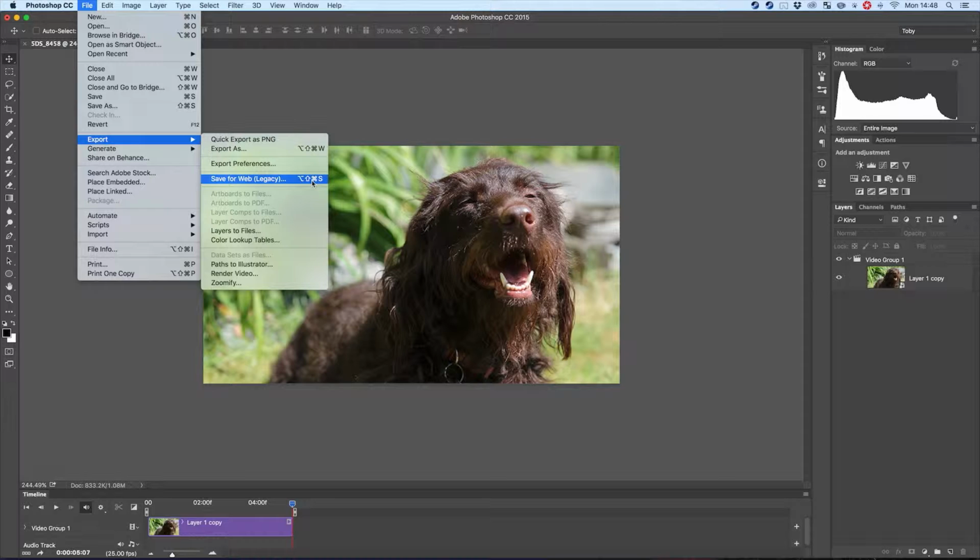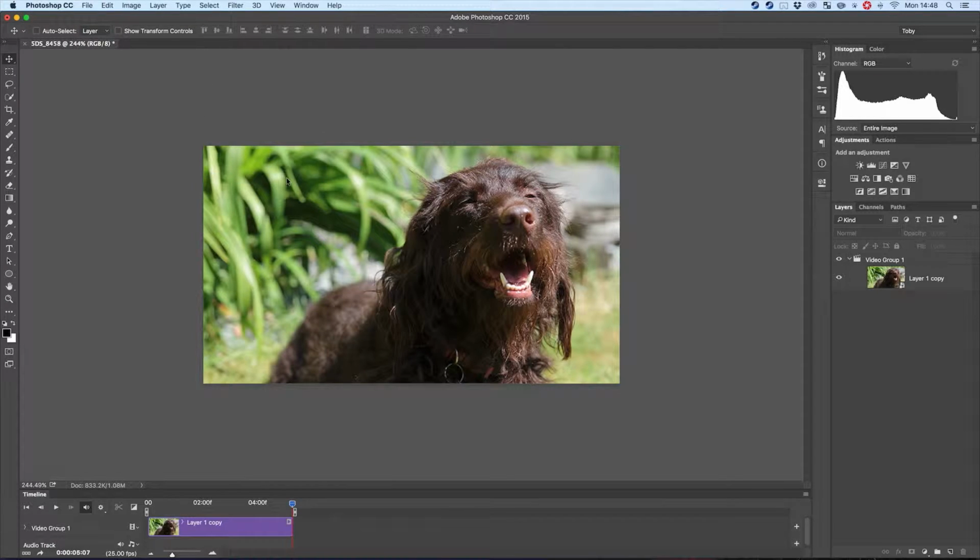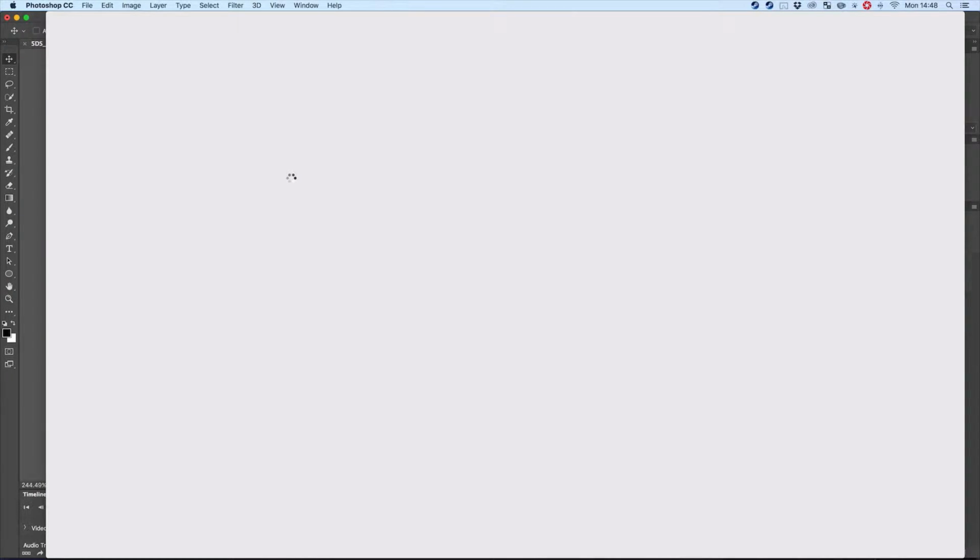You could try and render this if you like, but I think that if you're trying to turn it into a GIF to put on the web, it's a little bit different than rendering a video. It doesn't quite give you the same options. So we go to Save for Web, and this will open up our Save for Web dialog box